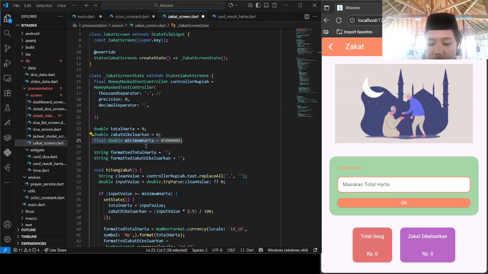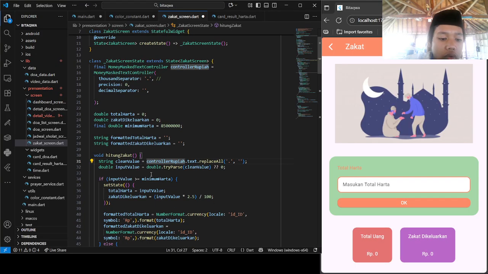This is the minimum limit for zakat. It's equal to 85 grams of gold. If the data does not hit this, it cannot do something like that.